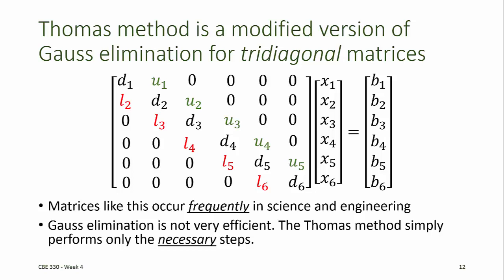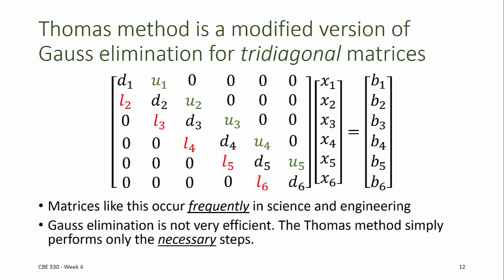The Thomas method is a modified version of Gauss elimination that is suitable for use with what are called tridiagonal matrices. Tridiagonal matrices have non-zero elements only on the diagonal, the superdiagonal, marked in green here, and the subdiagonal, marked in red. As we'll see later, we will frequently encounter tridiagonal matrices, for example when solving partial differential equations and boundary value problems numerically. In cases like this, Gauss elimination is not very efficient because a script written to perform